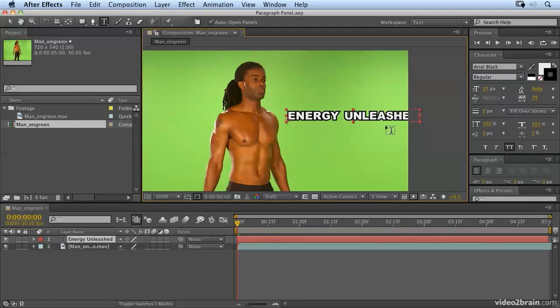In this movie, we're going to have a look at the paragraph panel, which is very handy if you want to add blocks of text. So we're going to add some blocks of text to this, and then we're going to format the whole image a little bit later. So what I want you to do is make sure that you have Paragraph Panel AEP